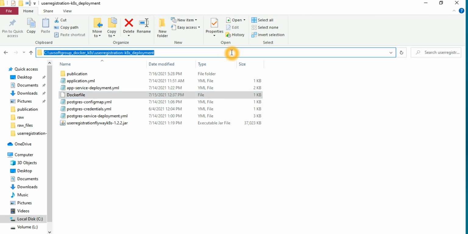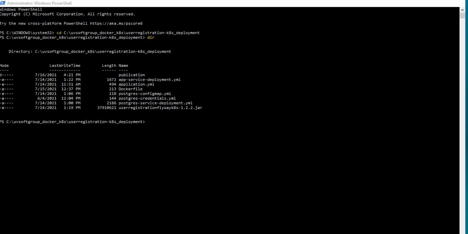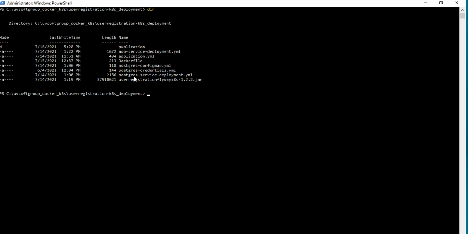Just simply here, we can copy, and then we can go to our CD path. We are already here, so you see the CD path. So it's a directory, and you see all the files are located in the same root directory. So what we need to do is build the Docker image out of our version, the standalone jar file. So let's have a little bit of a cross check with